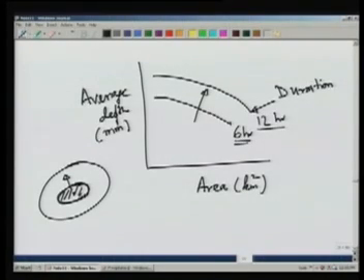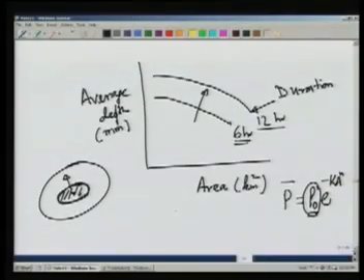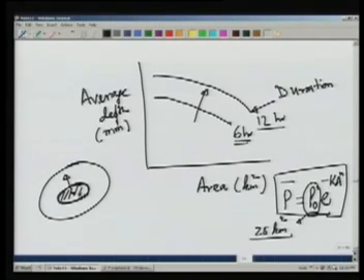There is sometimes an empirical equation also given for variation of rainfall average depth with area as P0 times exponential of minus k A to the power n, where P0 is the point rainfall value which we obtain from the rain gauge. But since the rain gauge will not always be at the center of the storm, typically we say that this rain gauge value represents the rainfall over a 25 kilometer square area. So this kind of equation tells us for any given duration the average depth decreases with area. These values of k and n will depend on the catchment area,